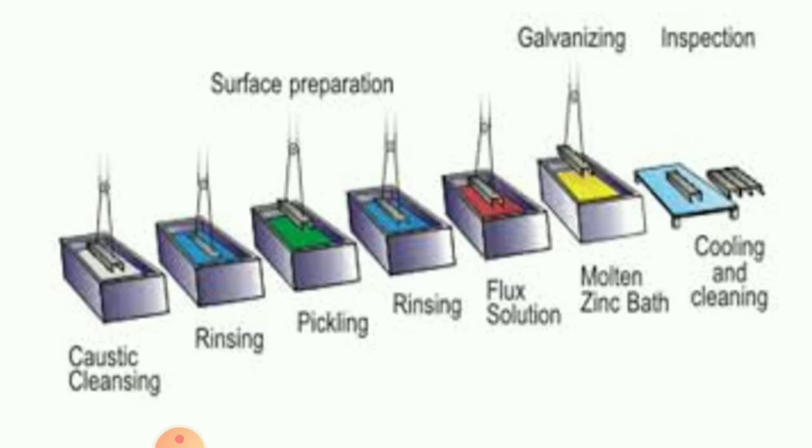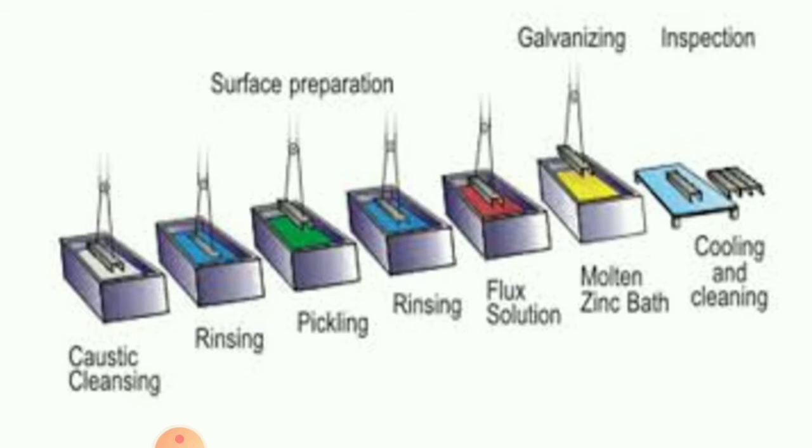Galvanizing is to give a thin coating of zinc on an article, either on iron or on steel. Many times you must have seen galvanized taps in our toilets and bathrooms. The taps are galvanized. There is a coating of zinc. Zinc is a shiny metal, it looks like silver. So coating of zinc on the article we call galvanizing.